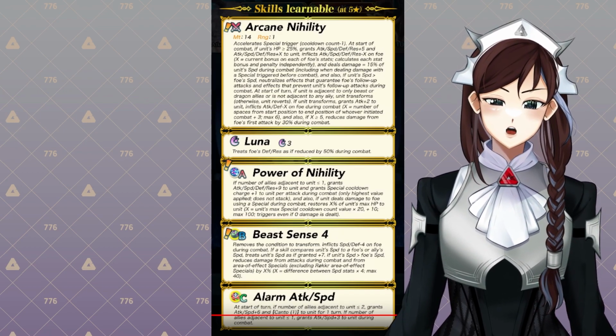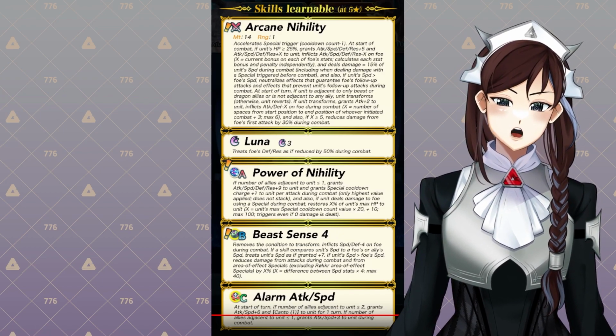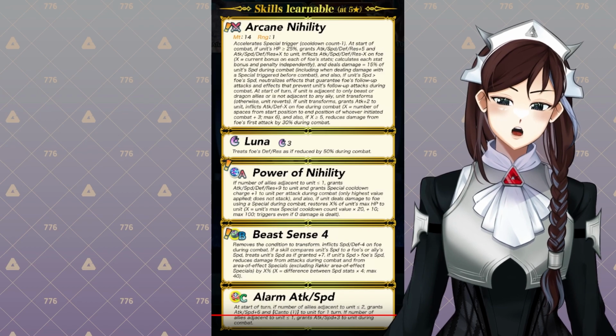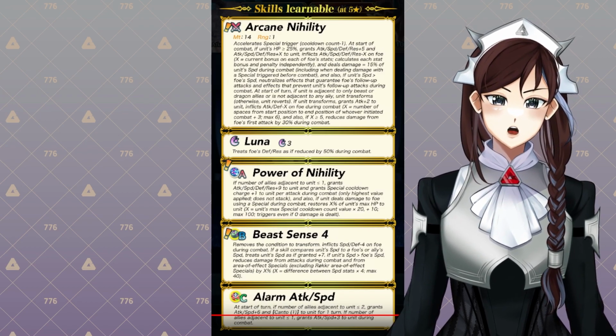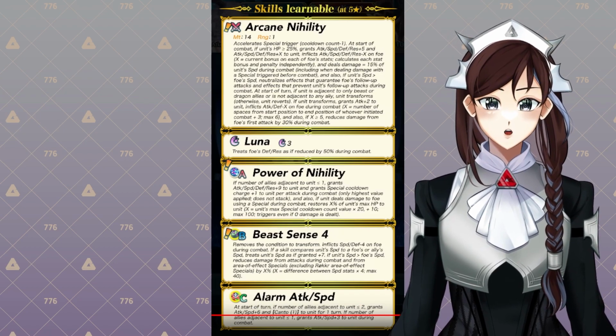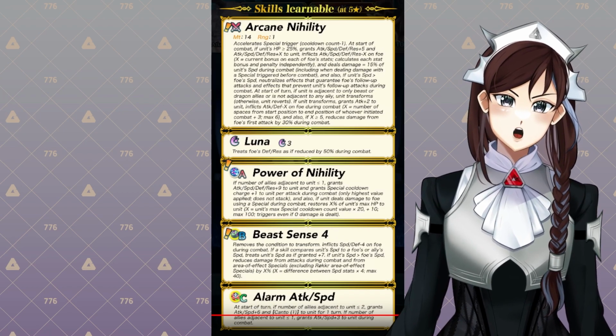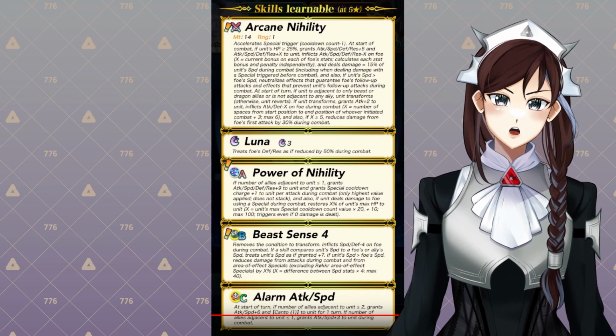And last but not least, in the C slot, we have Alarm Attack Speed. Start of turn, if number of allies adjacent to unit is less than or equal to 2, grants attack speed +6 and Canto 1 to unit. We've seen this already, but it's still a very good skill. Having Canto 1, especially considering you probably are running Beast Sense 4 in the B slot, having Canto 1,